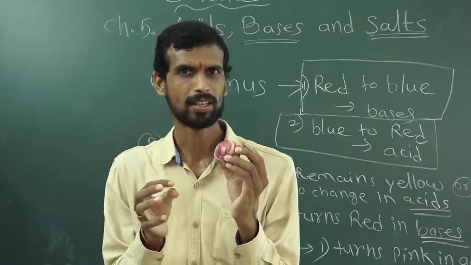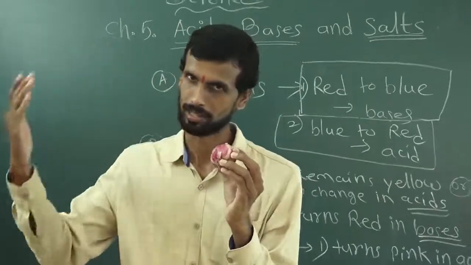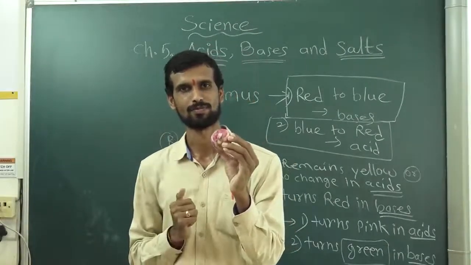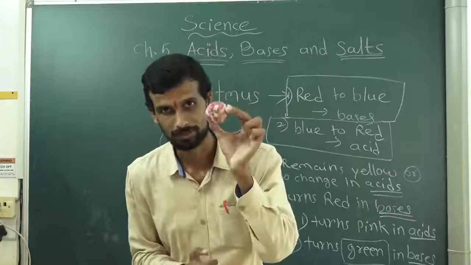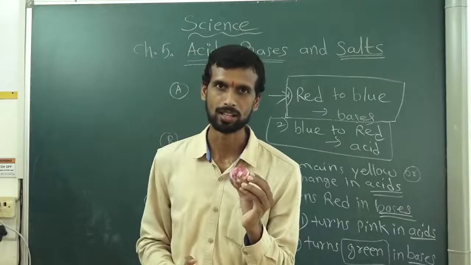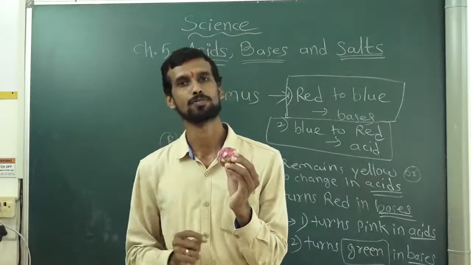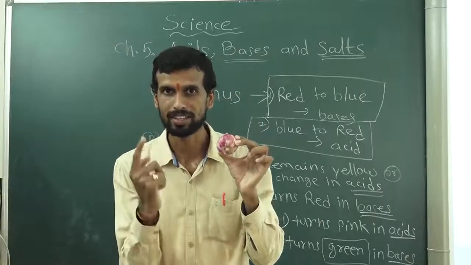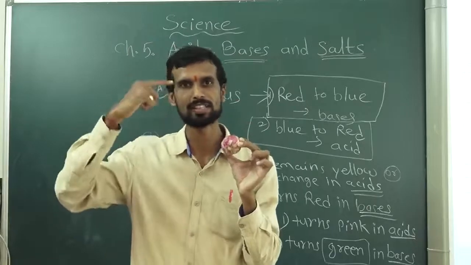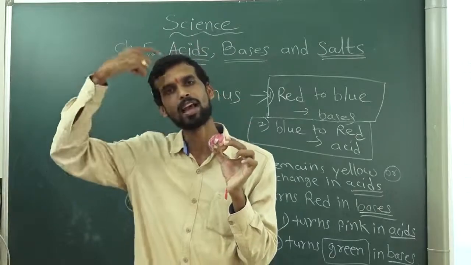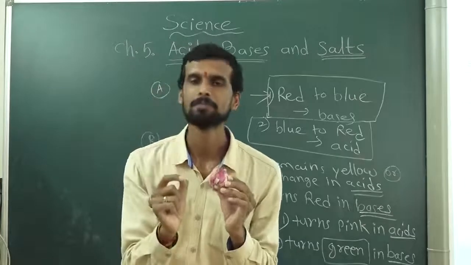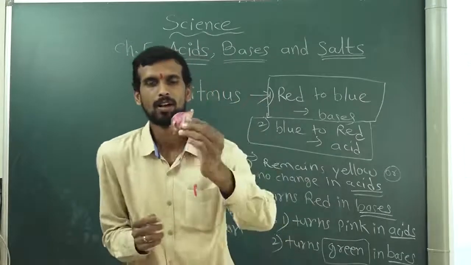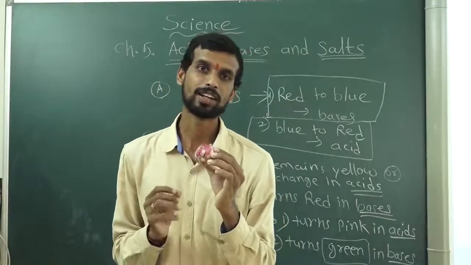Now, why for acids smell continues and why for bases smell of onion stops? What happens exactly with the onion? If I put a base on the cut piece of onion, its smell stops. Same thing happens with vanilla. These are called olfactory indicators. Olfactory means smell. Olfactory nerve is there in your nose which detects the smell and gives signal to your brain, and then you identify the typical smell of that substance. So vanilla, onion, these are olfactory indicators.